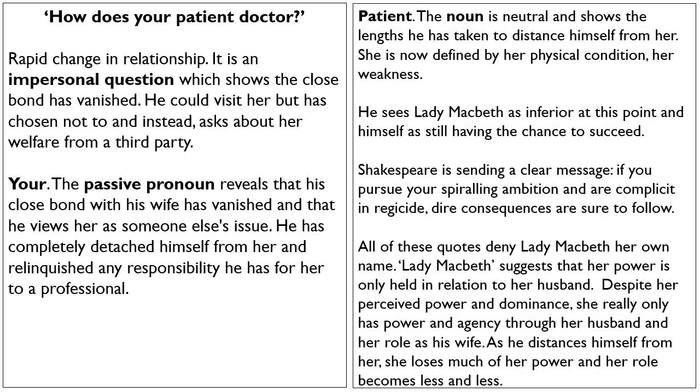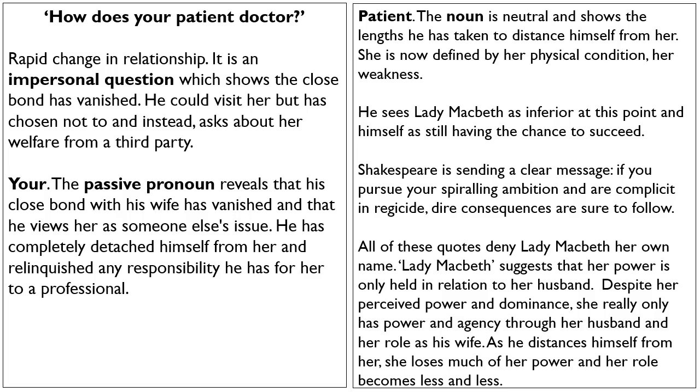Later, Macbeth says, "How does your patient, doctor?" So this is a rapid decline in their relationship. It's a really impersonal question and shows that close bond's gone. He could visit her, but he's chosen not to, and instead he asks about her from a third party, from her doctor. He also uses the passive pronoun your. She's no longer his, my wife. She's your patient. And it reveals that that close bond has vanished, and he views her as someone else's issue,